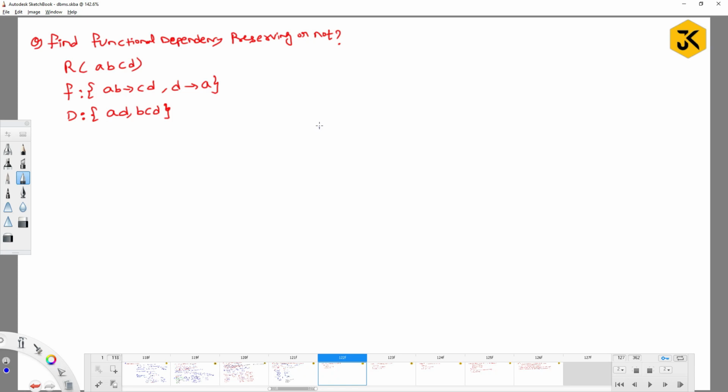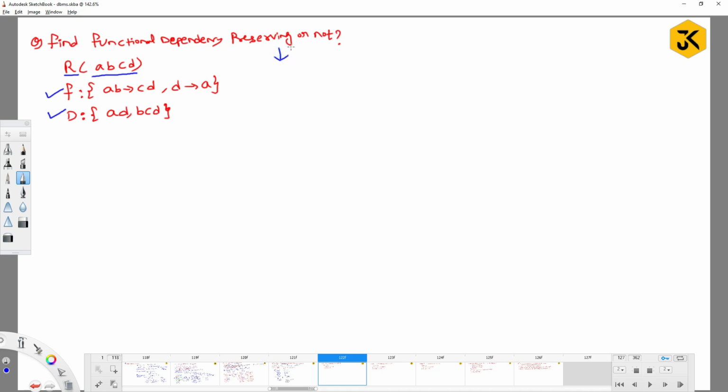Hi everyone, let's see one of the questions on functional dependency. Here they have given: find whether the functional dependency is preserved or not for the relation R with attributes A, B, C, D and a set of functional dependencies F. The set of decomposed relations is D. Right? If you would like to check whether it is functional dependency preserving or not, we have to know